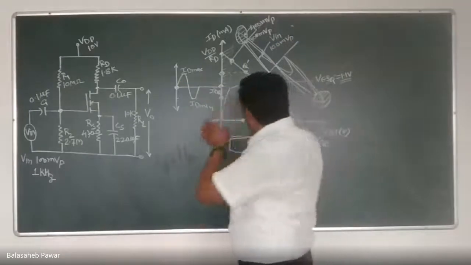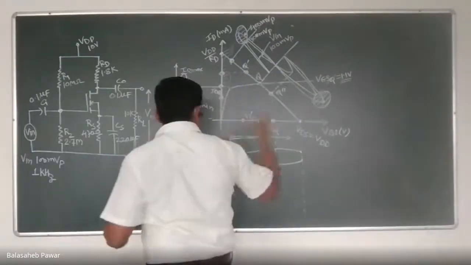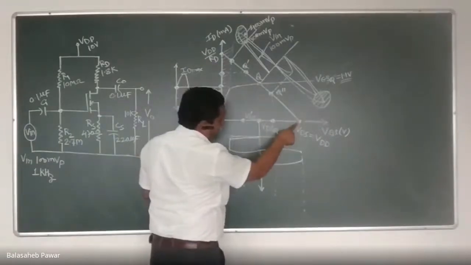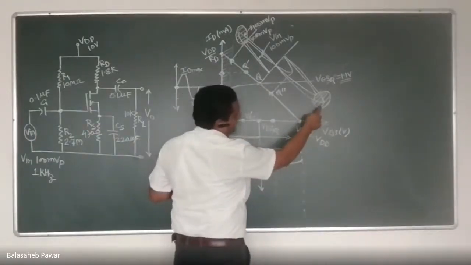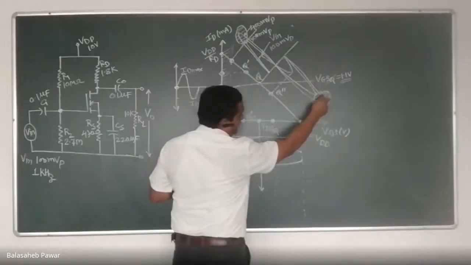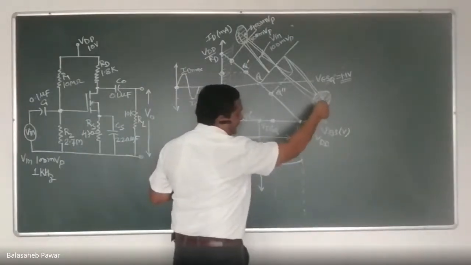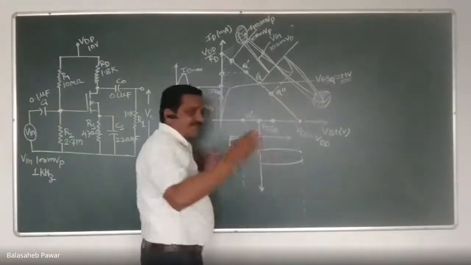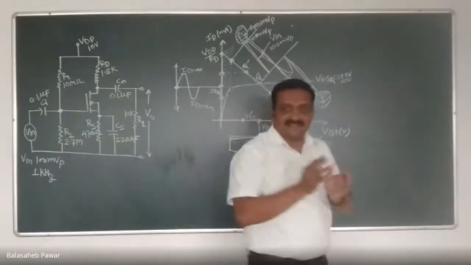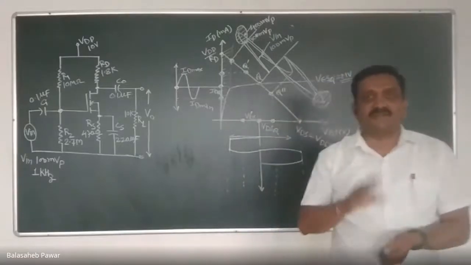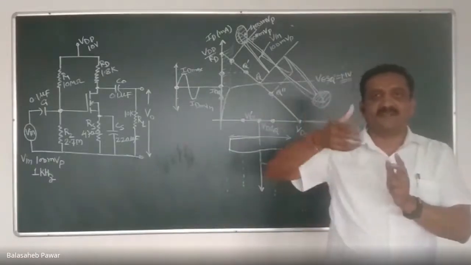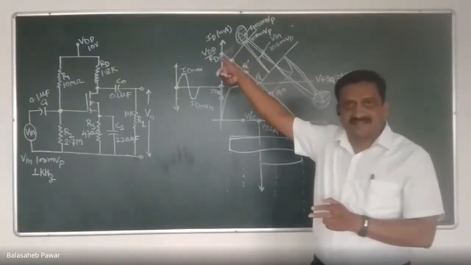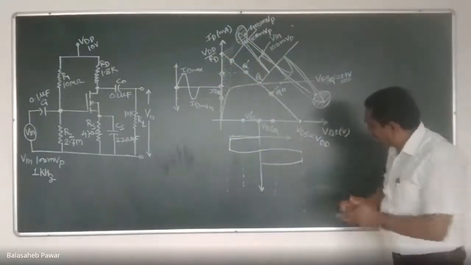And during the negative half of the large input, the operating point will get shifted from its center up to the x-axis, but still the input is increasing. Right, so this much part or this much information of the input signal, during that period, the transistor remains in its cutoff region. It acts as an open circuit. And whenever it acts as an open circuit, how much will be the voltage across it? That will be equal to the applied voltage, that is VDD, right? And hence, the same clipping I have shown here.